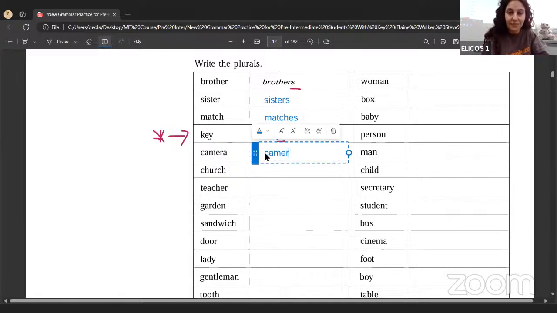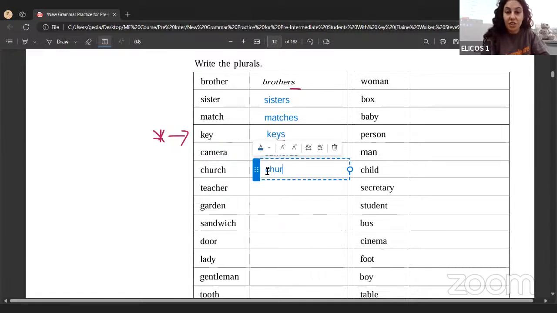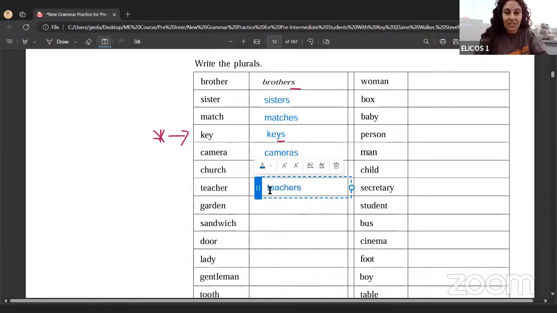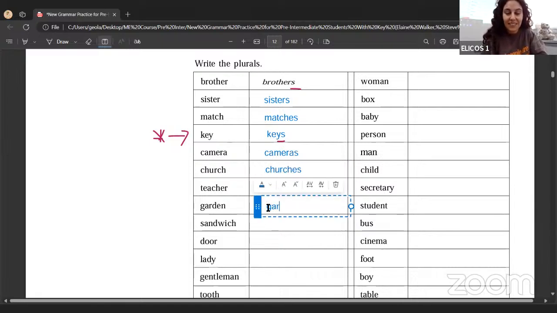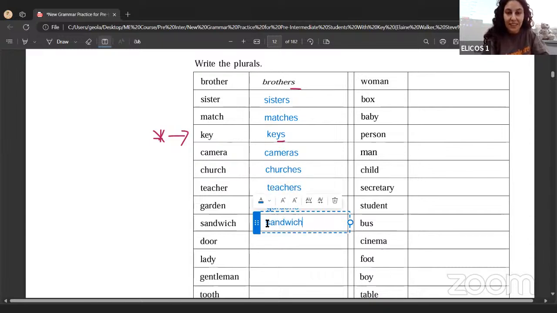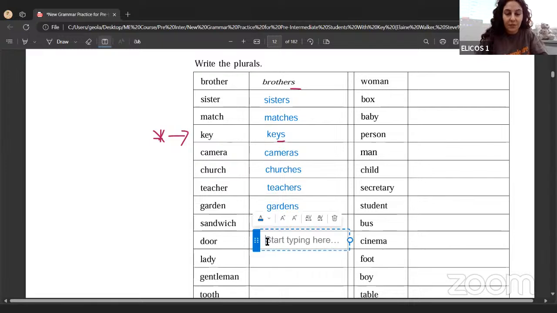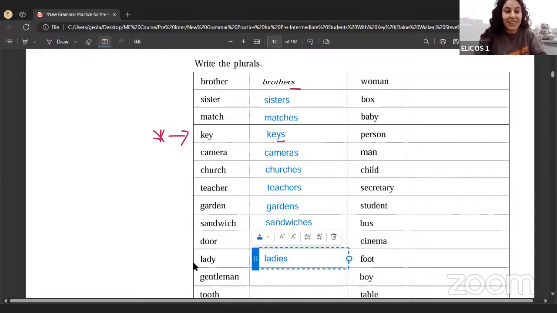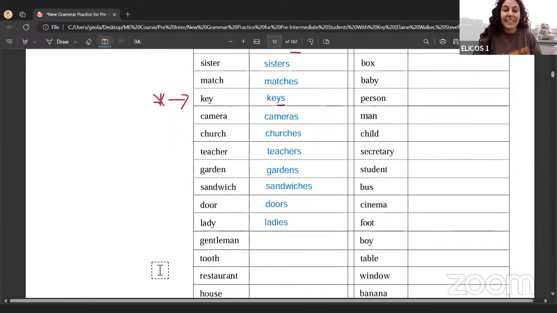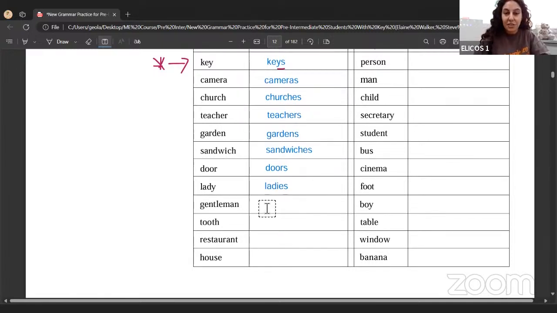Camera, cameras, church, churches, teacher, teachers, garden, gardens, sandwich, sandwiches, door, doors, lady, ladies. So now we do take off the Y, add IES, so ladies, gentlemen,